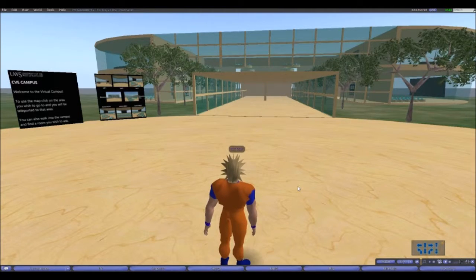The building we have created has two levels. On the ground level, we have the welcome area, which we are in at the moment. This is the area that when a player first joins this world, they will begin. Ahead, we have the lecture halls. There are 3 lecture halls. Each has a large presentation screen and a large number of seats for participants to sit down and view their